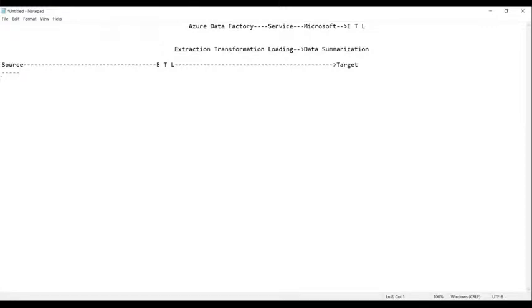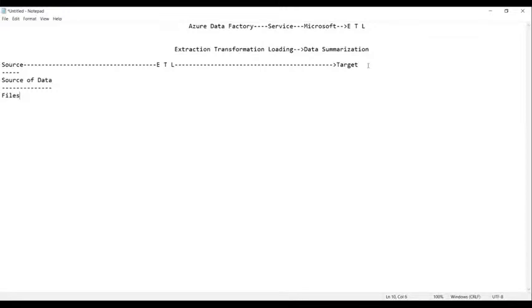Source is nothing but a source of data. So we can get the data from the following: from files.